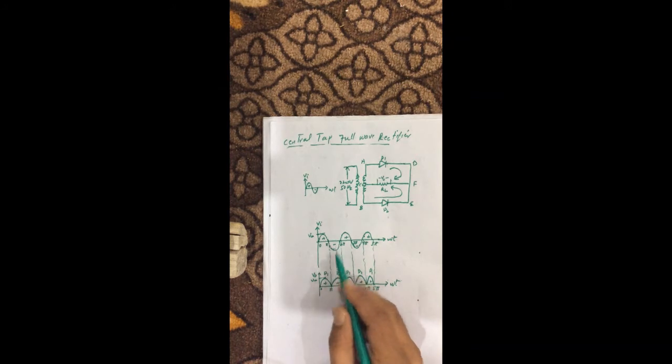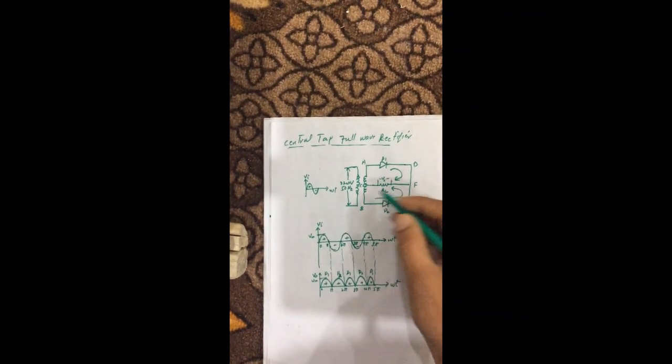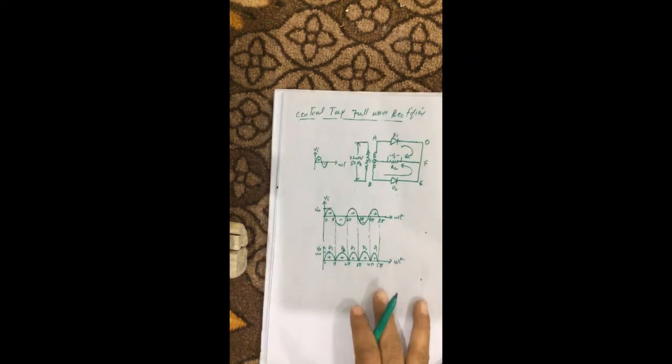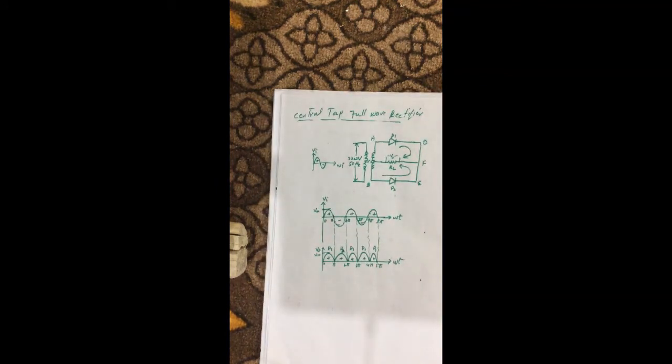In the next negative half cycle, D2 becomes forward bias while D1 becomes reverse bias. So this output is due to D2, while D1 is reverse bias, so it does not allow current to flow through it. The current is flowing through D2. And also it is unidirectional, because in both cases current flows from E to C. It's unidirectional. This is the summary of the previous video, and in this video we will discuss the average